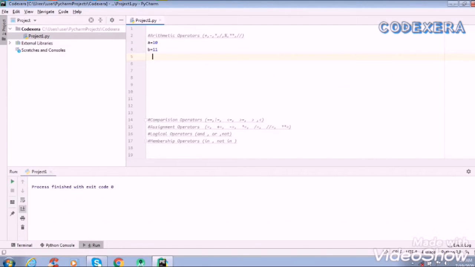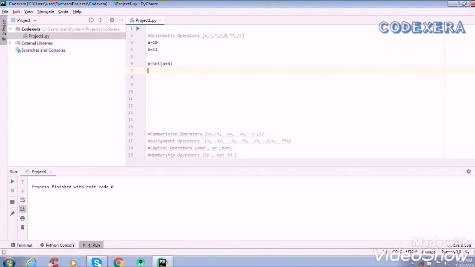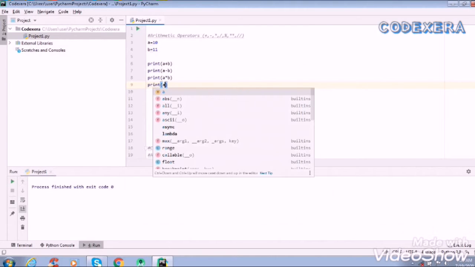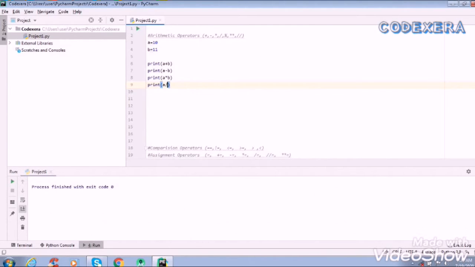Now print a plus b, print a minus b, print a star b, print a divided by b. We are using only four operators here. I hope you can use all those.